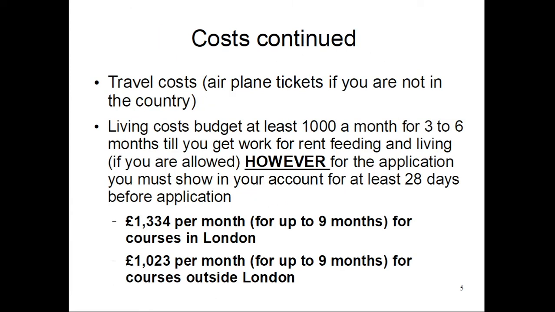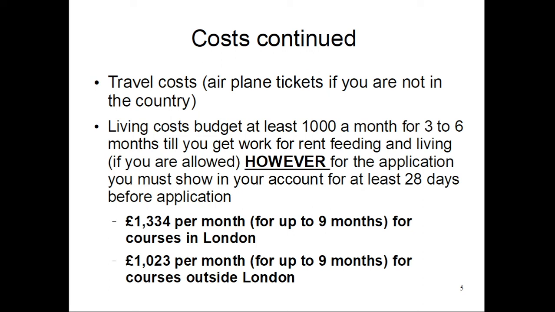In regards to costs, you also need to look at the travel costs. If you're not in the UK, you are going to pay for airline tickets. Living costs. The living costs, you need to budget 1,000 a month for 3 to 6 months. This is practical. However, when you are making the application, you will need significantly more. The figure in bold is the figure you must use: